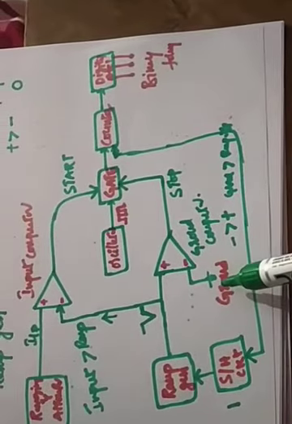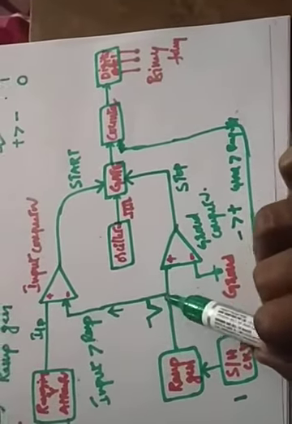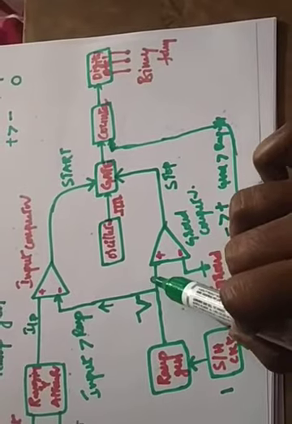Whenever the ground voltage is greater than the ramp input, that means your negative is greater than the positive, then it will send a signal called the stop signal to the gate. Then definitely the gate will close. Then there are no clock pulses from the oscillator to the counter, right? So the counter will stop and give the signal, okay, this is the final end. You have to display your digital form corresponding to the given analog input.